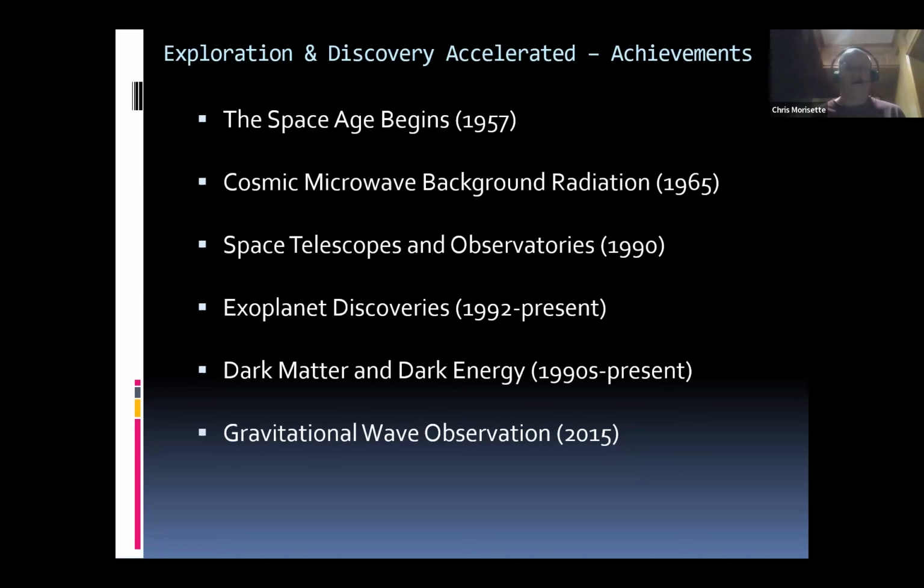Dark energy and dark matter are the big area of inquiry in astronomy and astrophysics. Large scale structure and the cosmic microwave background have let us realize that the majority of the universe consists of something called dark energy and dark matter, and it's very poorly understood. So there's a lot of effort going into better understanding what's going on there. And then gravitational wave observations by LIGO back in 2015 that I mentioned earlier. So these are just a sampling of the achievements that we've made over the last 100 years.